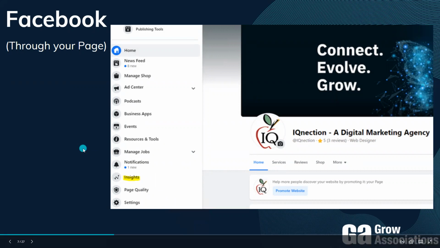So Facebook owns Instagram these days, and you can look at the analytics for each platform separately, or there's also this tool called Facebook Business Manager or Facebook Business Suite, where you can look at the combined analytics for both platforms if you have both a Facebook and an Instagram page. So if you want to look at the individual Facebook analytics, if you're on your association's Facebook page, on the left-hand side, there should be this nice toolbar showing some different options and tools. And one should be insights. So if you click on that,